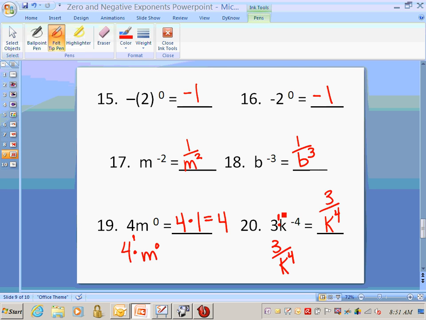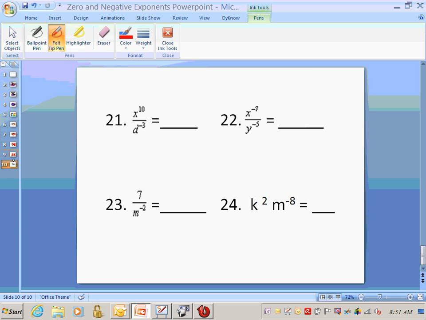So now when we have multiple terms, or multiple variables or numbers, we've got to look at each individual one. Was the 3 okay? Yes. Leave it where it's at. Was the k all right? No. We're going to move it to the bottom. All right? Now, for the bottom,